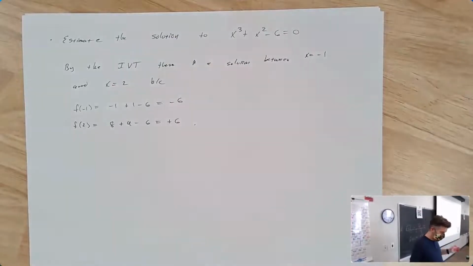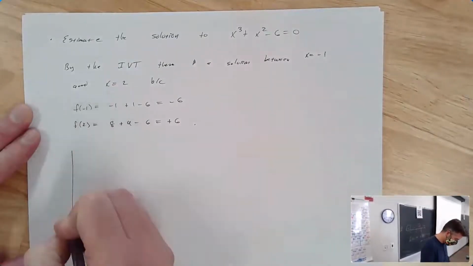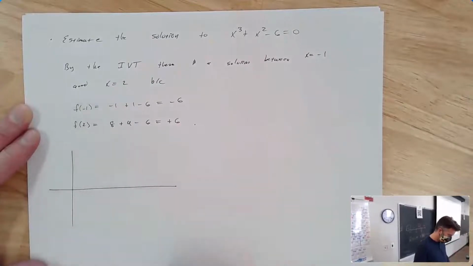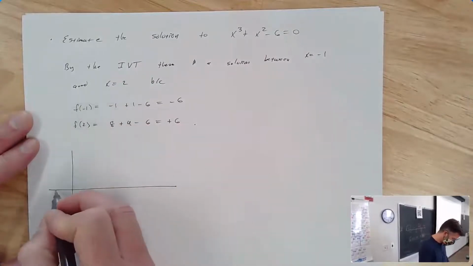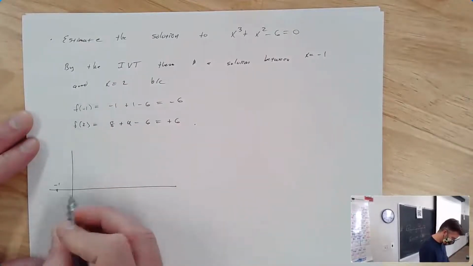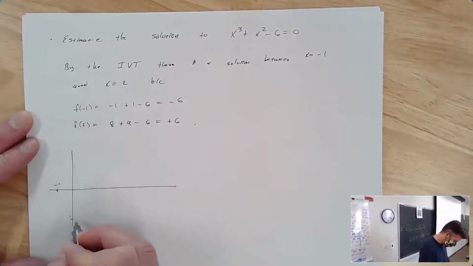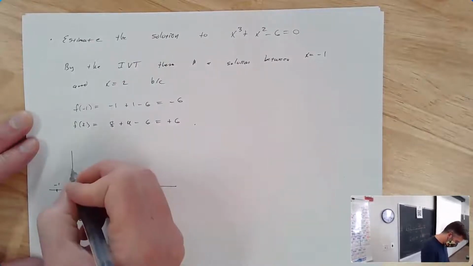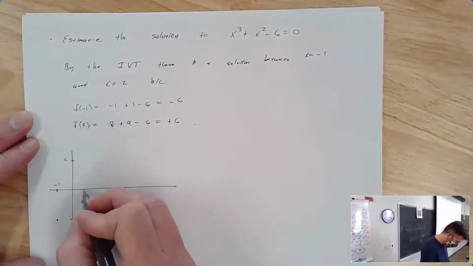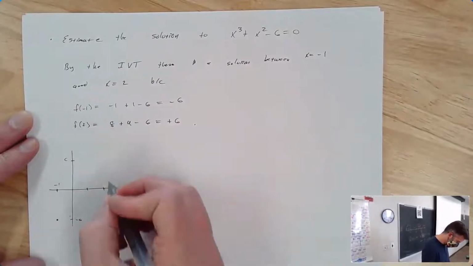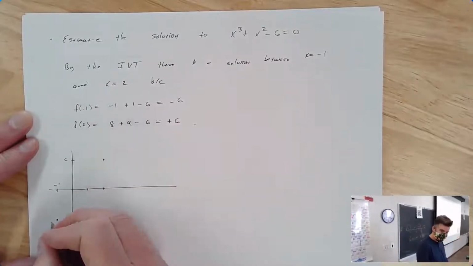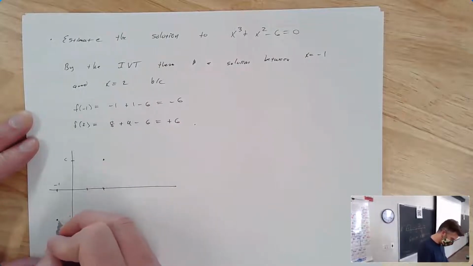So what do we want to start off by guessing? Well, let's take a look here. We know that f of -1 gave us -6, and f of 2 gave us +6. And somewhere between these numbers here,